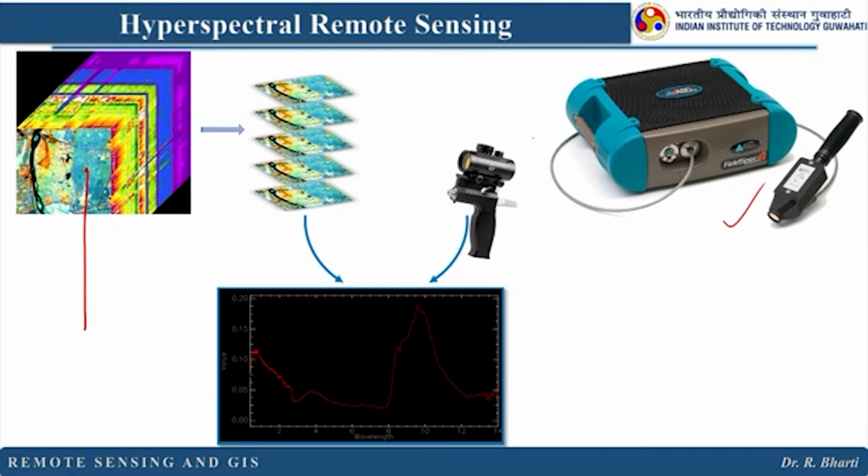There you can use this particular instrument and you can generate the spectra like this. So, from space also you have got this spectra for that particular pixel. For that pixel you have got field data also, and how it is going to match with each other, because when you are in the field, since the pixel size here is 30 by 30 meter, right, and here the